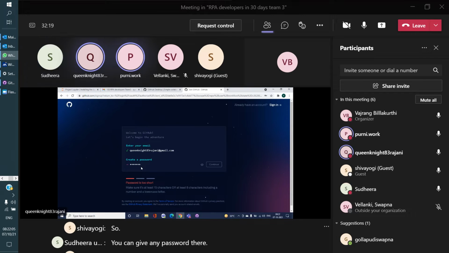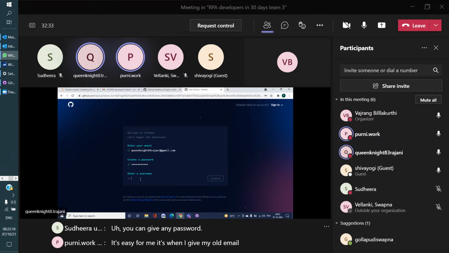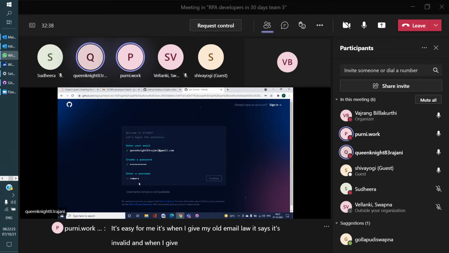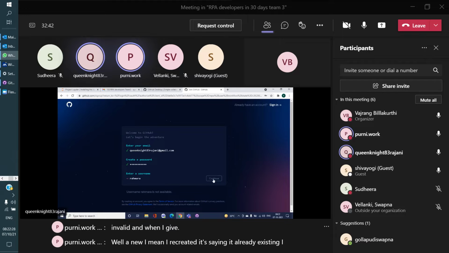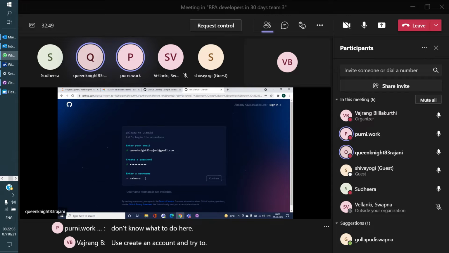You can give any password. For me, when I give my old email, it says it's invalid, and when I recreate it with the new one, it says it already exists. I don't know what to do here. Use create an account and try some fresh ID, not the one you are currently using with me.